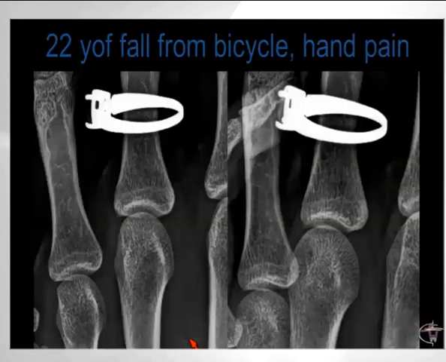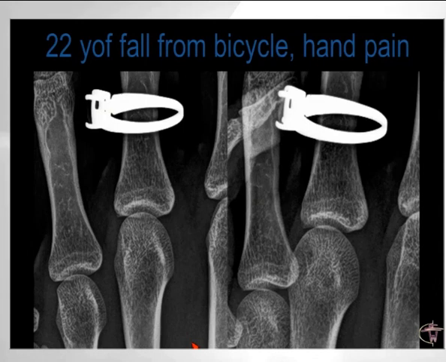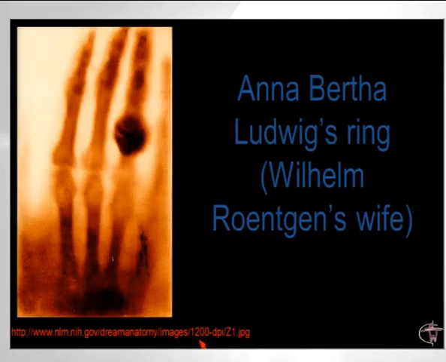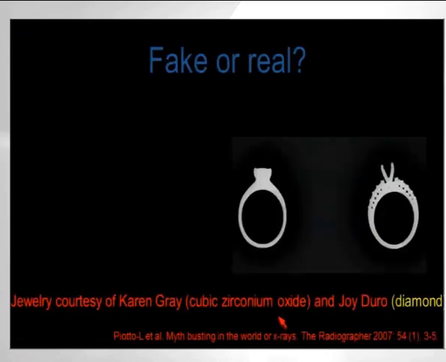glass foreign body. This young lady refused to take off her jewelry when she fell from her bicycle and complained of hand pain. She claimed that this ring was too valuable to be taken off. She's not the first person that was imaged with X-rays. In fact, one of the first X-rays that we ever got in the world also showed a ring on a finger. But the question is, is this a real ring or is it a fake ring? Well,